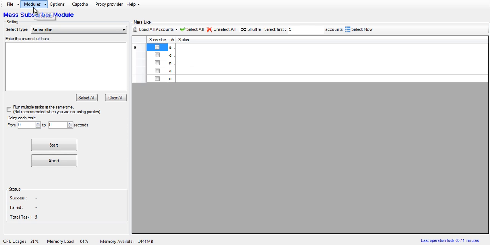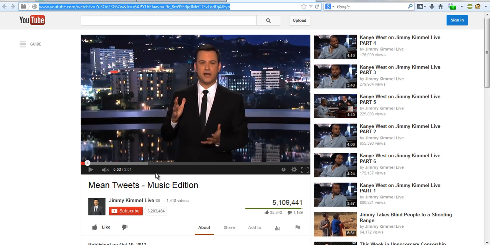All right, moving on to the mass subscriber module. What this does is it'll let you go and either subscribe or unsubscribe from a specific channel. So let's say you want all your accounts to go and subscribe to a specific channel to build up the subscribers on it. You just select the accounts that you want to do it over here, put in the channel URL here. So for that, let's see,